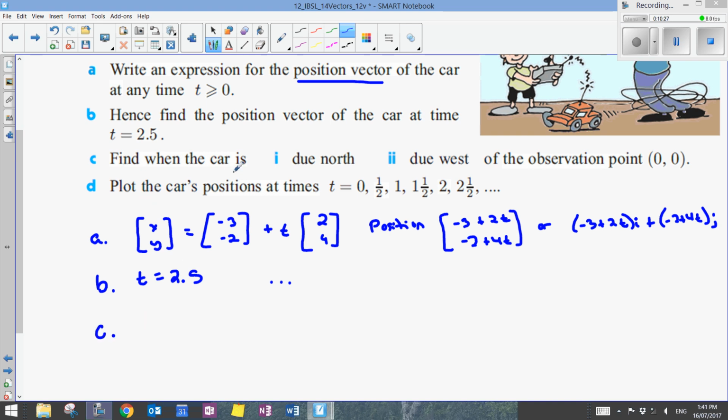Part C, find when the car is due north. So again, if you think back to your coordinate plane, due north,